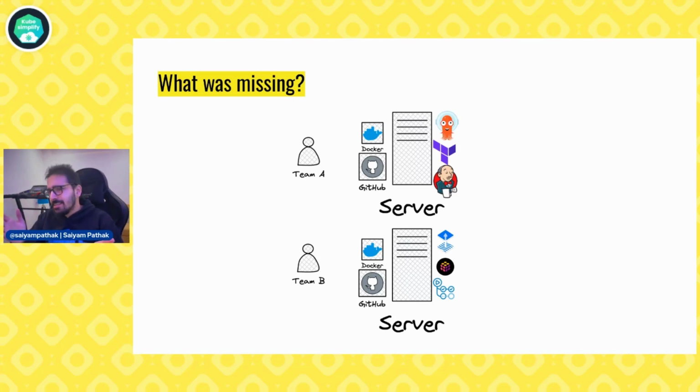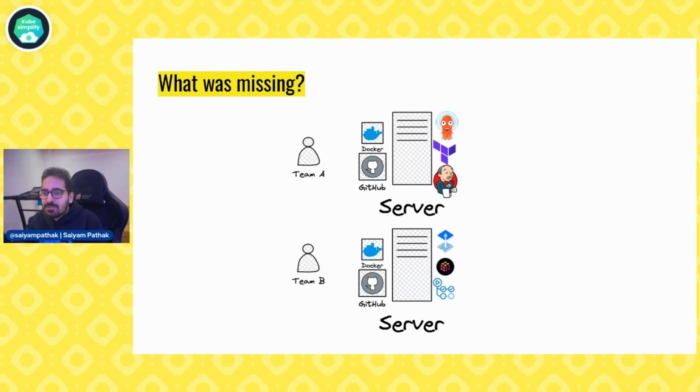Now you can see, right? There is something off over here. Nothing off with the tools. The tools are awesome. Jenkins is cool. Argo CD and Flux are dope. Infrastructure tooling like Terraform and Pulumi is great. And GitHub Actions is awesome. Then what is off over there? If you try to think for a second, take a moment and think, what is off over here? They are in the same organization, and still they are using different tools.